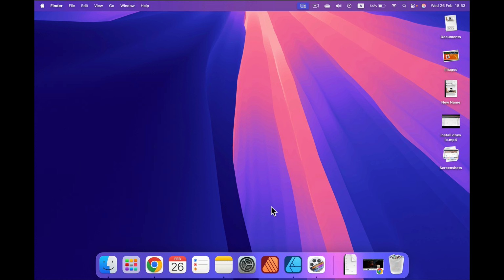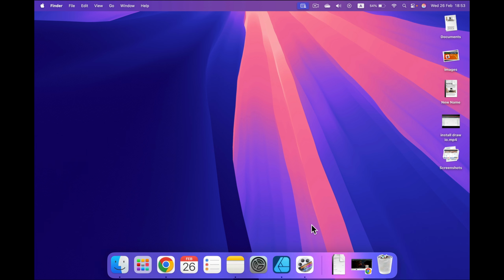If you change your mind, you can right click on it and select Remove from dock. The app will disappear. Alternatively, we can go for Finder,